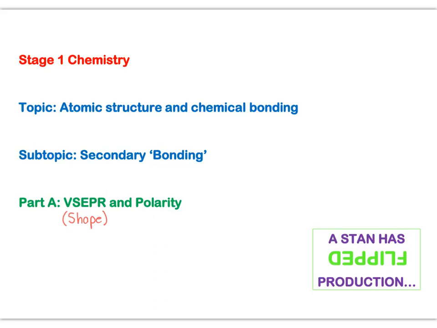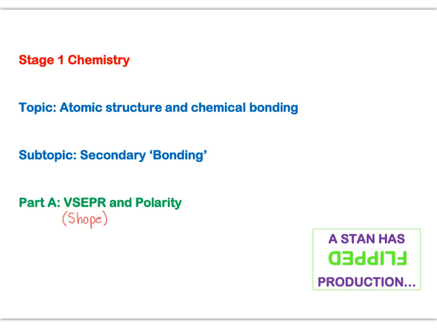Okay, let's get into the second part of our atomic structure and chemical bonding topic. And now we're going to look at what I generally refer to as secondary bonding. I probably shouldn't use the word bonding, it's more secondary interactions. But we distinguish between primary bonds, which is what we've been looking at now, ionic bonds, covalent bonds, metallic bonds,